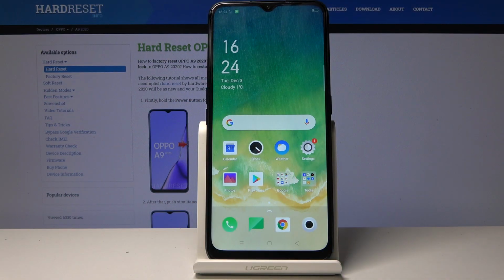Welcome, and from me is the OPPO A9 from 2020, and today I'll show you how to enable power saving